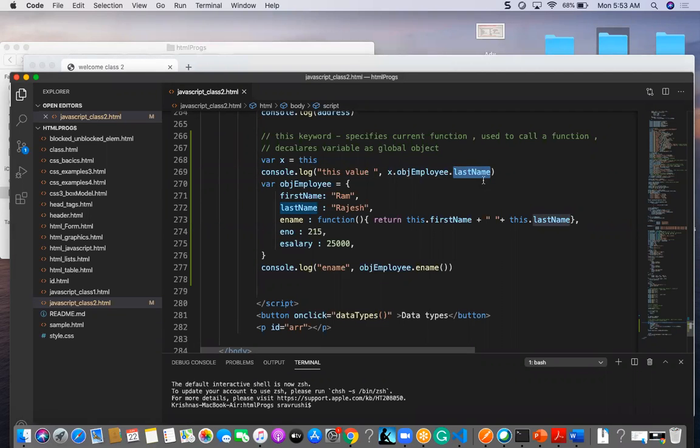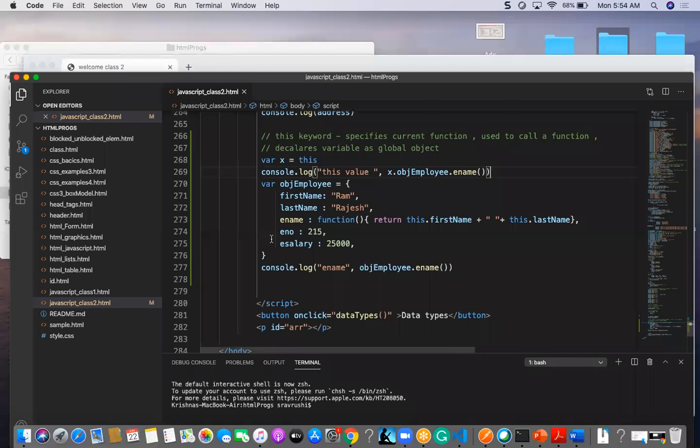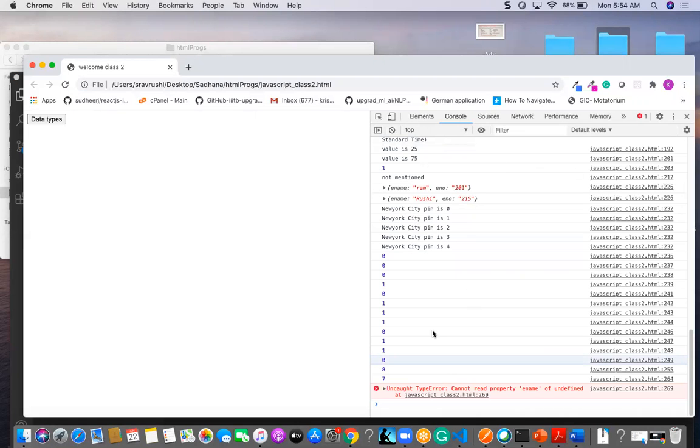Okay. So let us think I gave here ename and I'm calling that function. And okay, so here it is not directly readable.